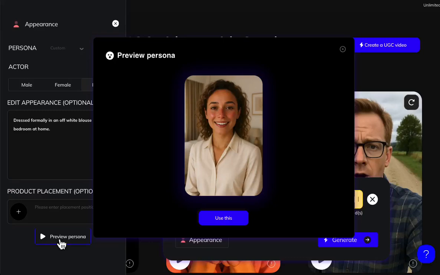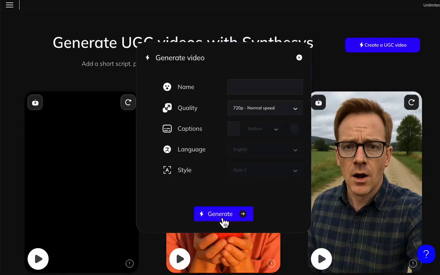Okay, as you can see, it's the same girl that we have right here with the brown curly hair. This time she's dressed just the way we asked. Actually it's more of a bedroom or living room setting, and she's wearing a formal off-white blouse, just like we asked. So we do want to use this, and hopefully she'll be speaking Spanish like we want. In this case, we now are asking for Audrey Spanish,